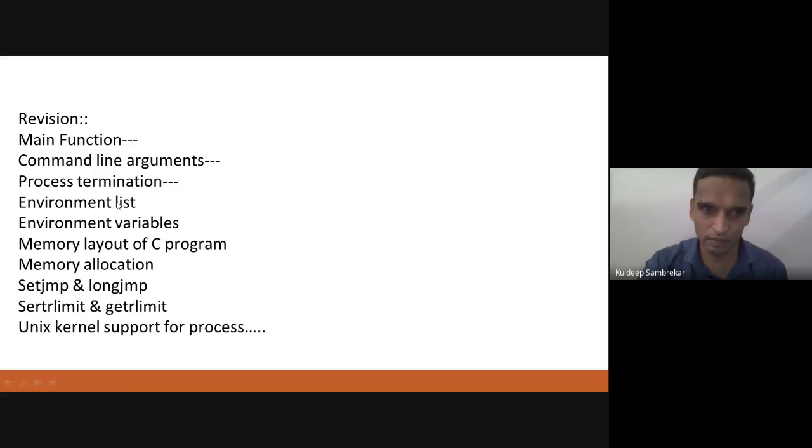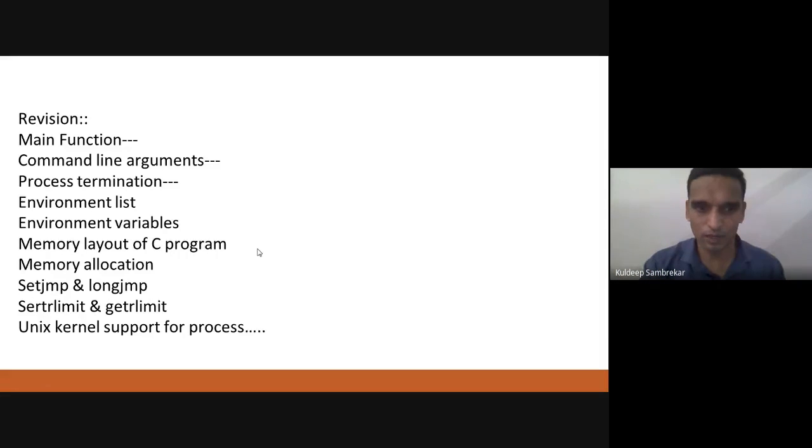Process termination, we have normal and abnormal termination. Environment list we studied. Environment variables we studied. Here we get 3 functions: env, environ, and getenv. Environment variables, again we have getenv, putenv, setenv, unsetenv. Memory layout of a C program, the layers right from text, data, that is initialized, uninitialized, heap segment, stack segment,